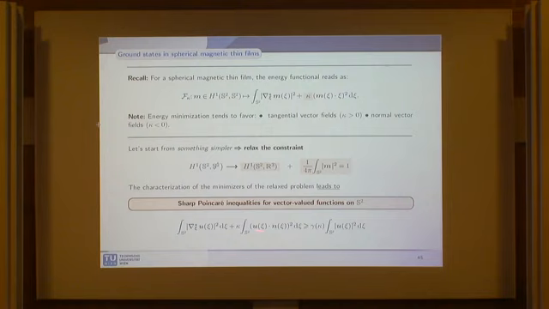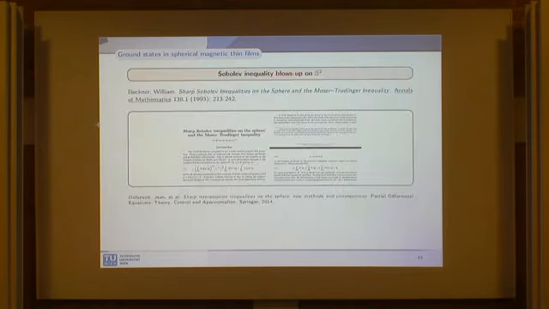proving sharp Poincaré-type inequalities. So we were looking for inequalities of this type with gamma possibly the best, the optimal constant, and we succeeded in this by using vector spherical harmonics. I will go to that soon. But I just want to tell you that this is an interesting problem, because Poincaré-type inequalities on the sphere have applications in many other branches of mathematics.